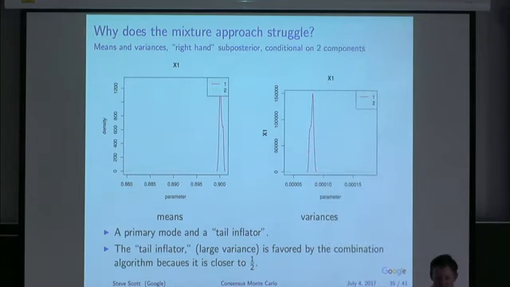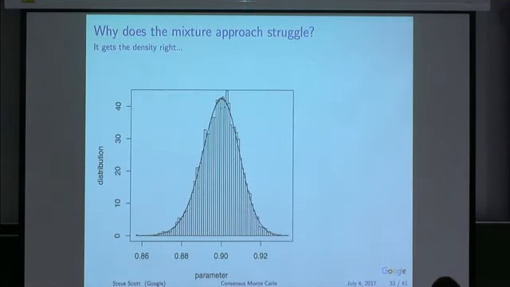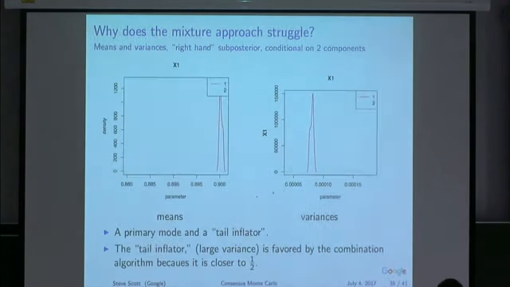Let's look at what happens when we only look at the draws that had two components. Well, here's the draws of the means for the two components, and so there's some uncertainty about where to put the means. So both this distribution and this distribution are bimodal, but you'll notice that one of the distributions is significantly to the left, right? So it's trying to inflate this left tail by putting a normal over there on the left-hand side somewhere, and it's maybe not entirely sure exactly where to put the normal, right? It's also not sure how big a variance that other distribution should have. The tail inflator distribution is sort of oscillating between a couple of different choices for how big the variance should be, right?